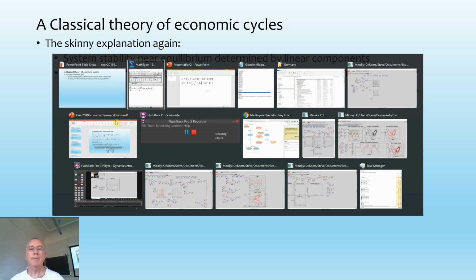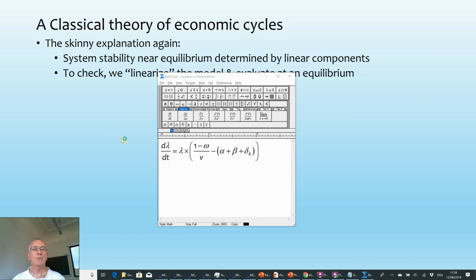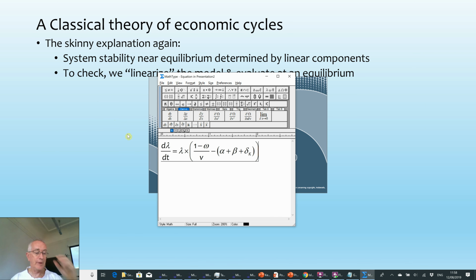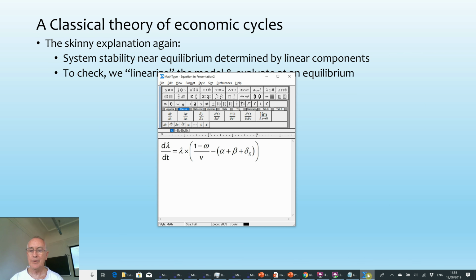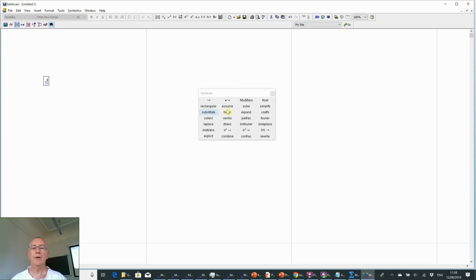I might as well do that if I bring up, so I can bring up MathCAD. Do I have MathCAD running? I don't. Okay, I'll bring it up here. This was my favourite maths program. It's been ruined by the current owners of the damn software, so I'm using a version which is about 8 years old. It annoys the hell out of me. Okay, but if I have e to the power of x, and I want to interpret that using a series and expand it, say, out to 6 terms,